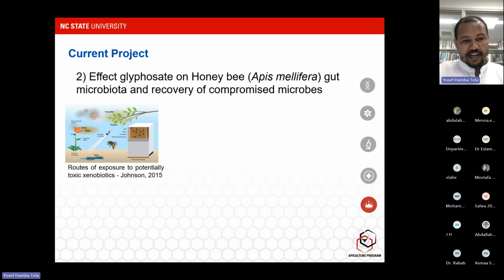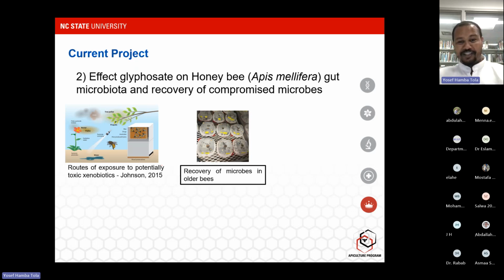In addition, this herbicide can contaminate the flowers. Whenever they go foraging, they can pick up contaminated pollen and bring it to the hive. It can even pollute the air, which can affect the bees' recognition, so they may not recognize the hive and remain outside without coming back. That can affect the bees directly or indirectly. Directly, it can affect the host. Indirectly, it can affect biological components like the microbes that play a role in bees.